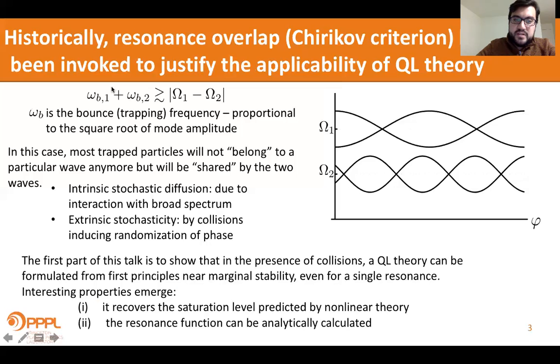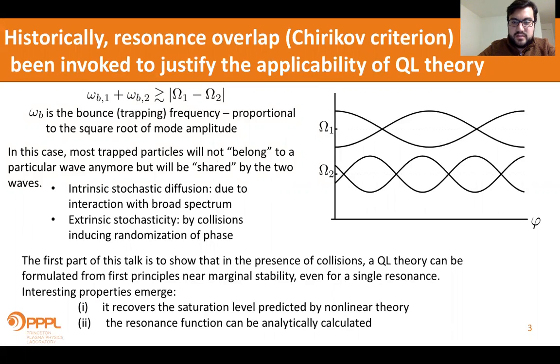The Cherenkov criterion is when the amplitudes, here represented by the bounce frequency, of the two waves is large enough that the separation between them is less than the sum of the widths of the resonances. So in that case, the particles do not belong to a particular wave, but rather they're shared between waves, and that introduces